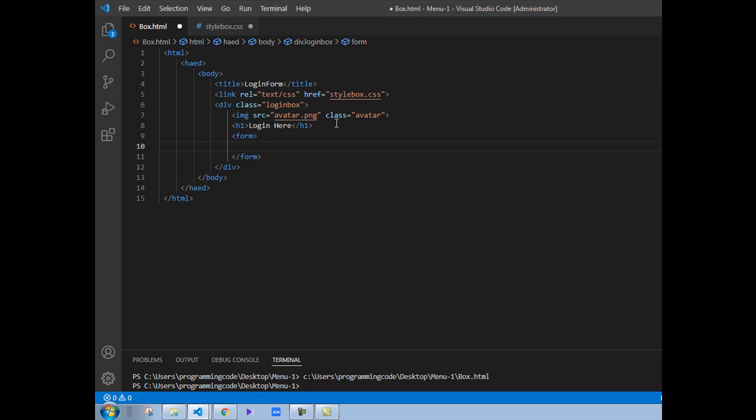Inside this form element we can put username. For this we should put a p tag and close the tag. Inside this p tag element we can write username, and then for this we have the input element. For this we can type is equal text